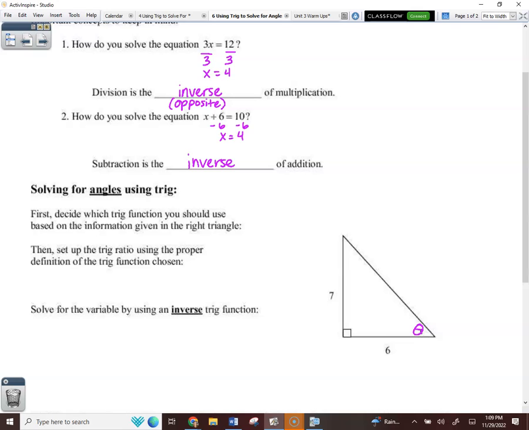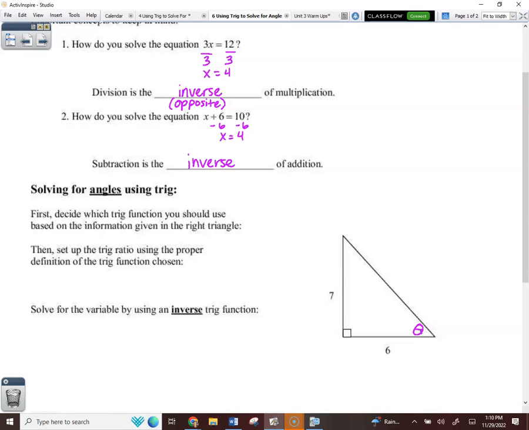Notice this picture, the variable is now theta on the inside. We no longer have an x on the outside. We have a variable theta on the inside, okay? We are still going to use trig. And the beauty of it is what you already know how to do. It's just to solve it is slightly different, and it's actually easier than all of the other methods. Y'all thought sine, cosine, and tangent was easy? Wait till I show you inverse trig. Okay? So looking at this picture right here,